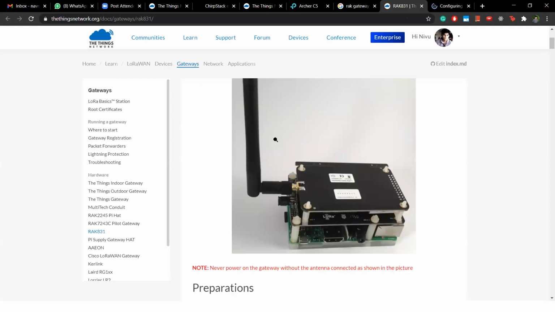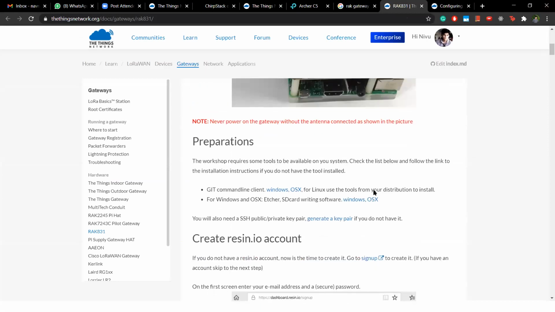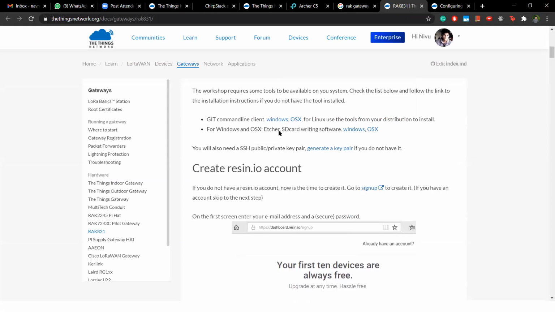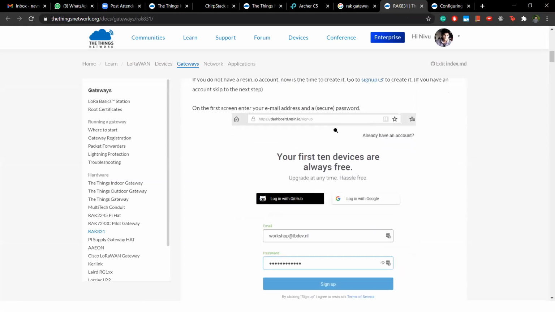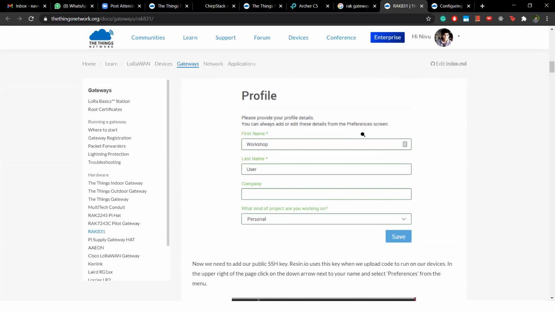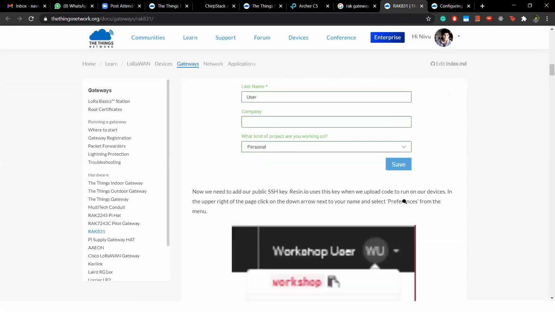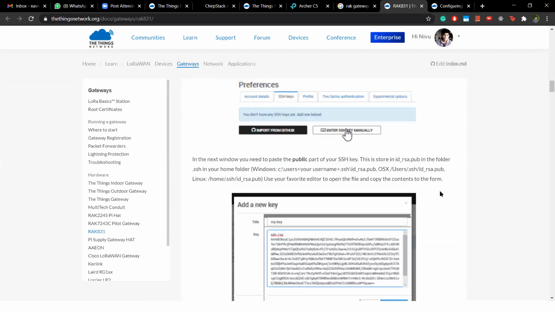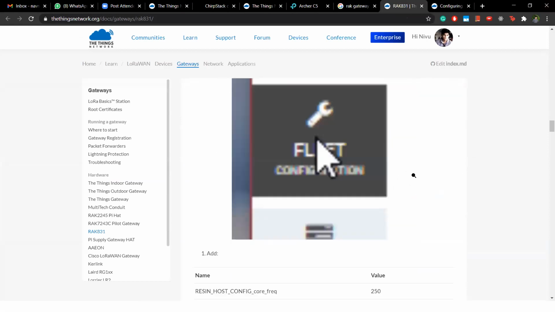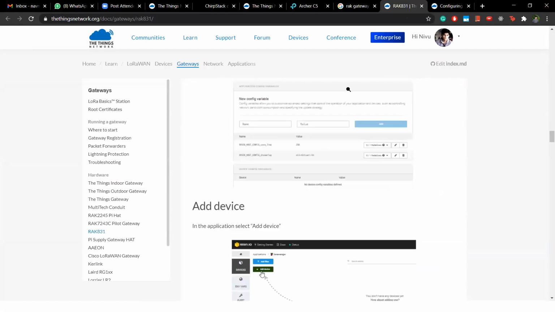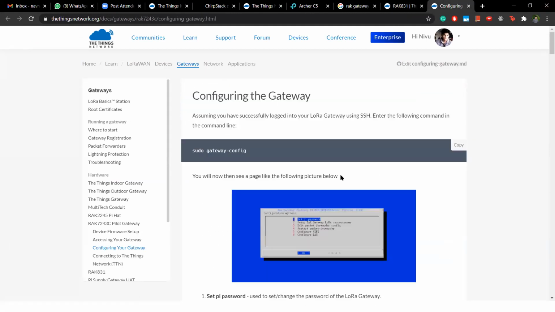So you should have this gateway, and you need to flash this. Okay. You will have an OS like Raspberry Pi. You will have a Raspbian OS, right? Similarly, there is a modified version of Raspbian OS dedicated for LoRaWAN. Okay. So you can flash it on a memory card, and you can insert it in the Raspberry Pi, and you can use all the options of the LoRa server available, right? And you can see how to configure.